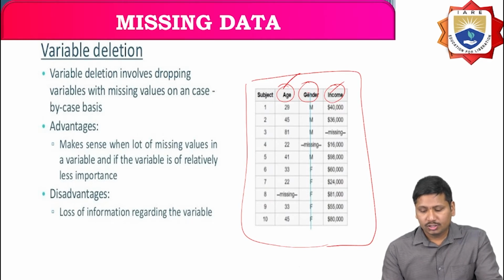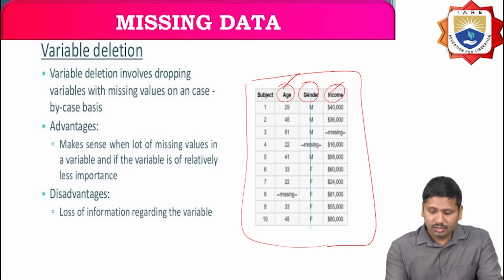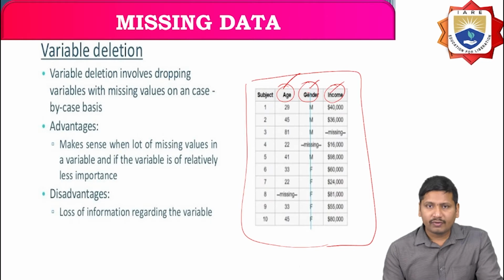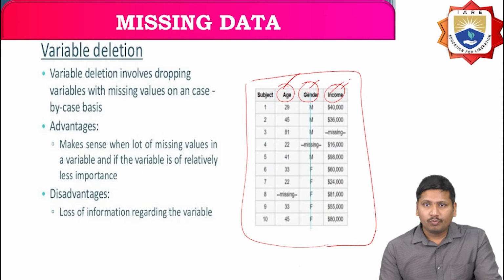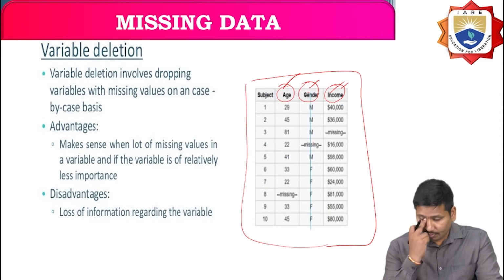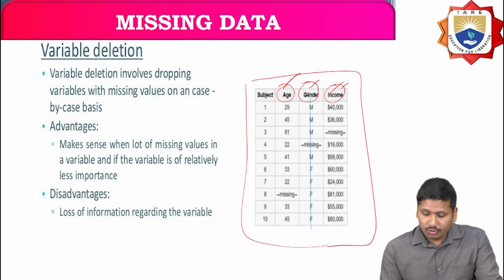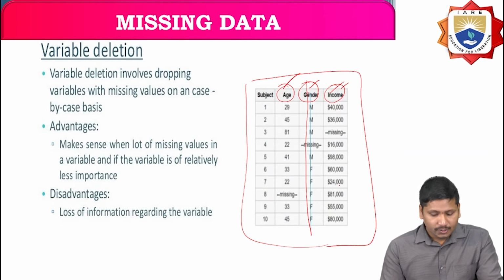So what we have to do is identify which variable has less importance and which variable has high importance. If I take age, that has much more importance, and gender has less importance when compared to age, and compared to income, income has very high importance, right? At that time, I identify the variable with less importance, and that one is going to be deleted. Since gender has less importance, I'm going to delete this variable,